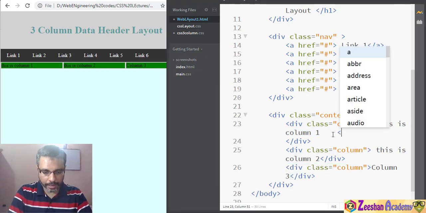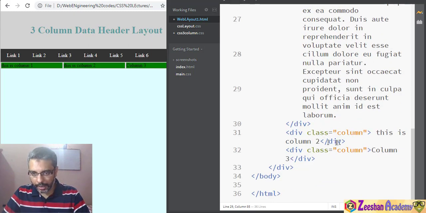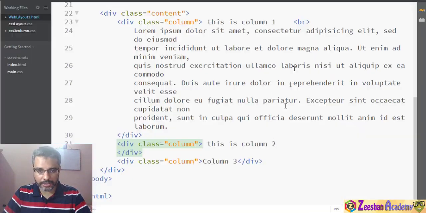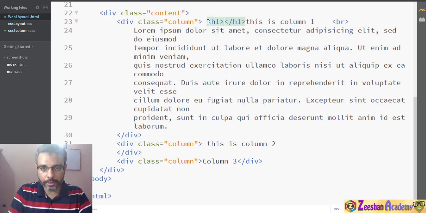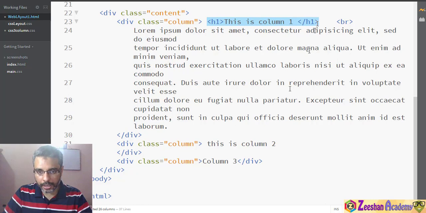This is column 1, and give me BR, and then I can place the code here. Okay, and then I come back here. In fact, what I can do here is, if I just maximize this, see what I've done here is class 1, this is column 1. So let me just make it H1 and Control X, go back into column 1, paste it. Okay, so this is column 1, and let me make this big, and I can copy this entire content,